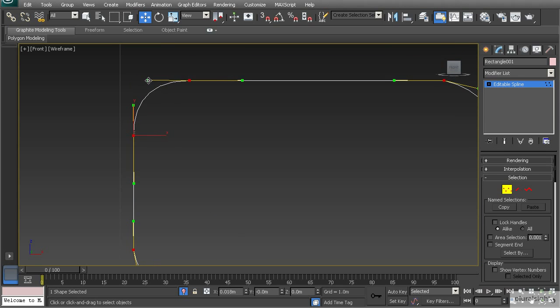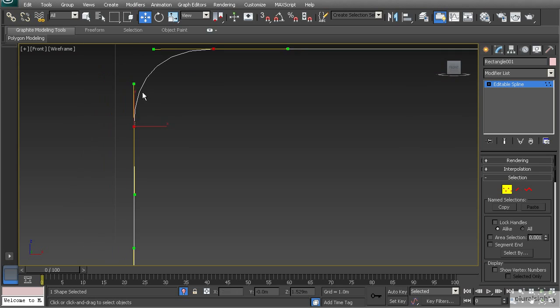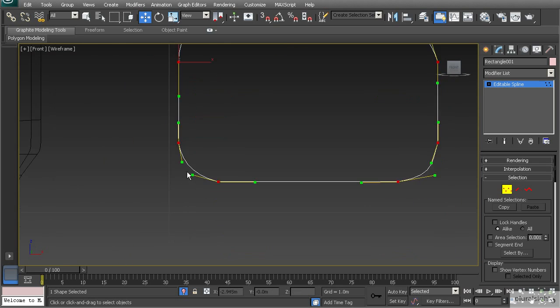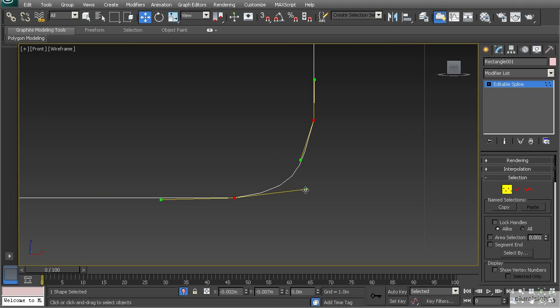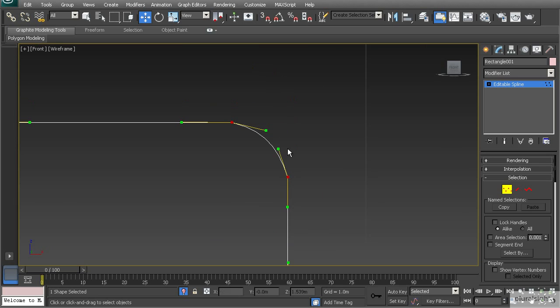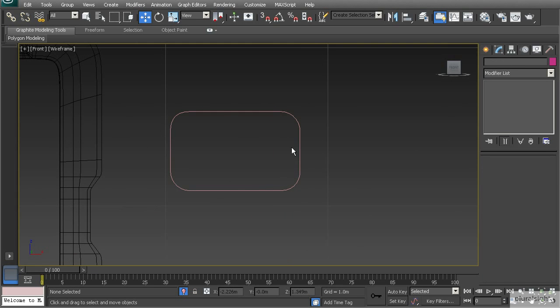and I'm just going to pull these straight out in this direction. Same thing here. I'm going to take this handle, pull it straight out, and pull that straight down, so it kind of gives us that curve right in here, and then across. And then this one, go ahead and pull that up, just like so. All right, so now that we've got that, we can come back and we've got our rectangular